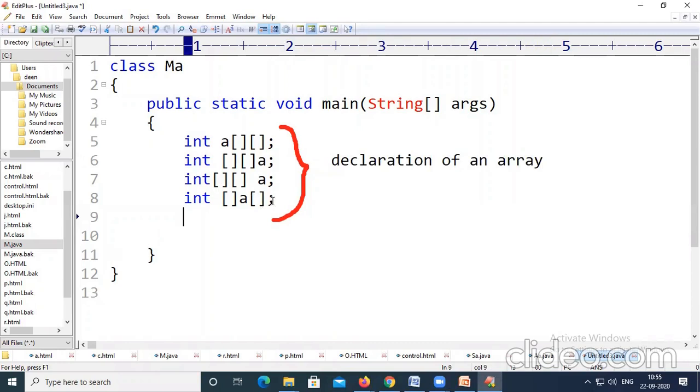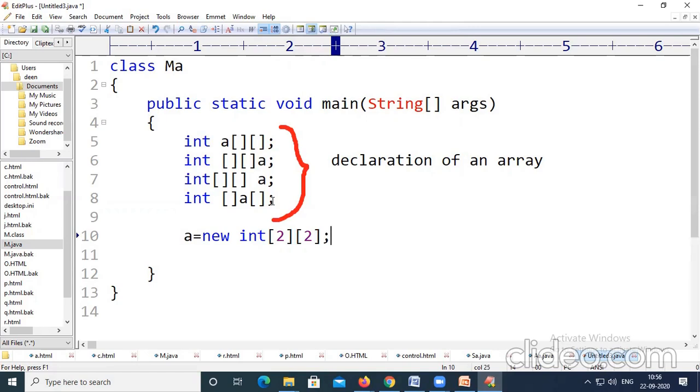Now let us look at how we can create that array. We can create that array by using the new keyword. For example, if A is the name of the array, A equal to new int, and we have to mention the size of the array. If you take the size as 5 by 5, then it will accommodate up to 25 values.